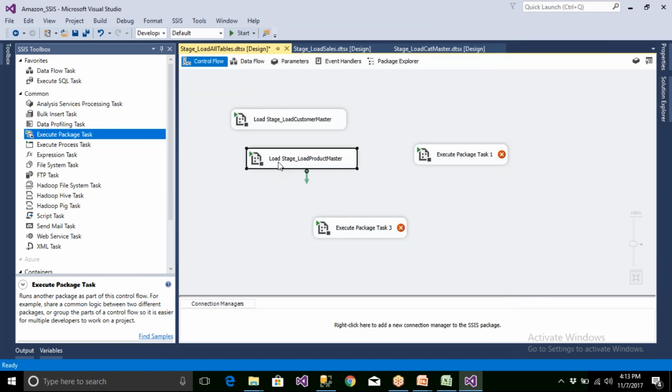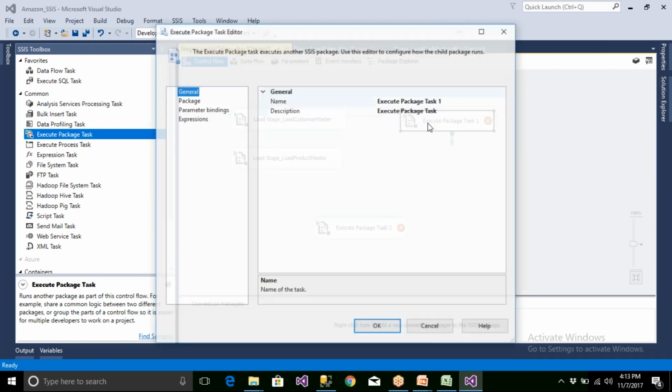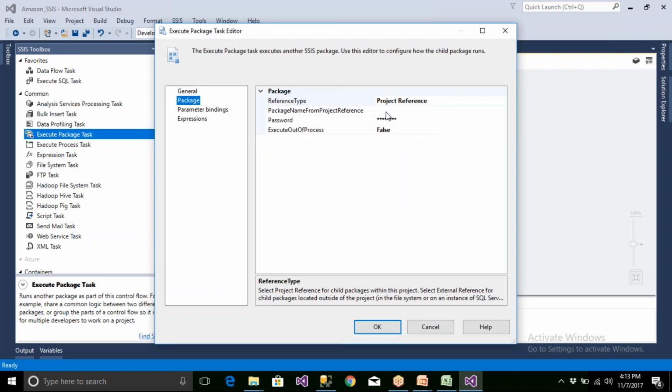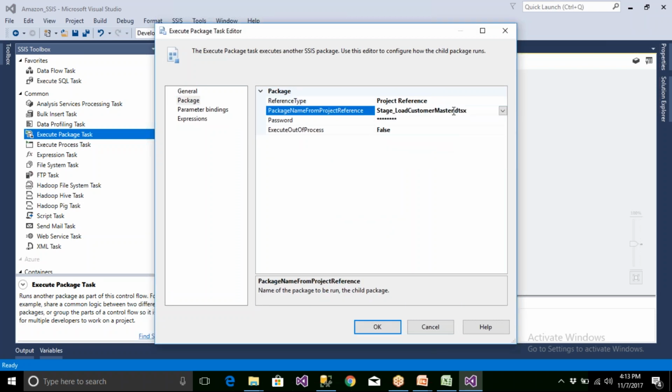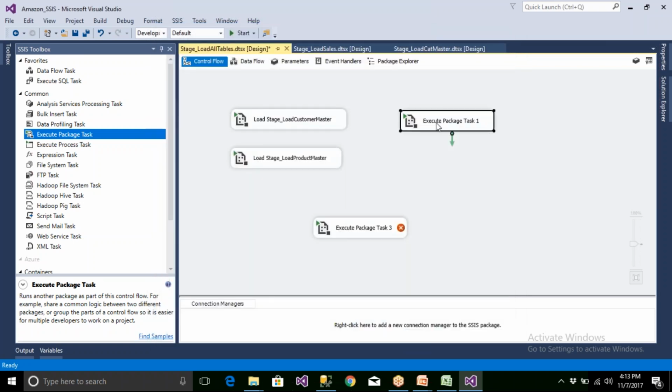Okay, so these two. Now the third one, you can have customer master. Okay, let me copy this, Control C, and let me rename this load.